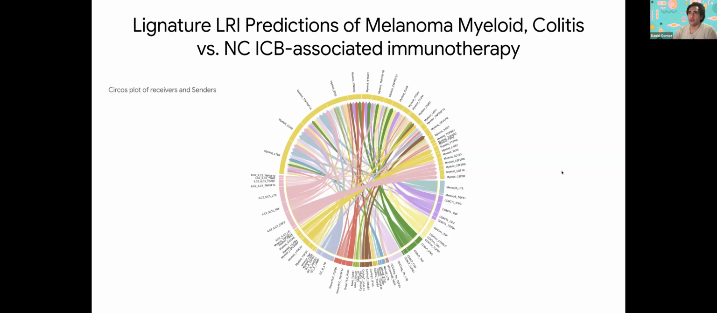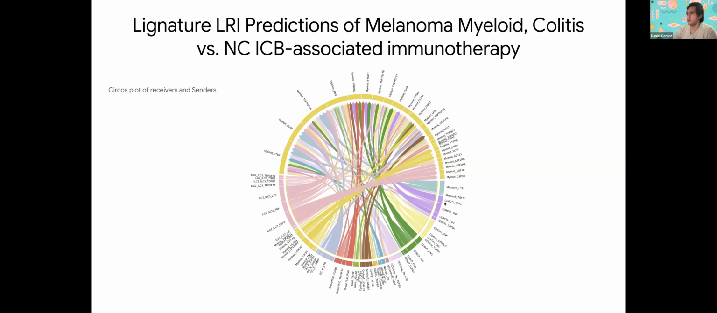So lastly, I wanted to show a Circos plot of receivers and sender cells with the LRIs. And we can see the different cell types as well as ligands and receptors. So the receivers are the ones with the arrowheads, and then the senders are with the blunt ends. And so we have myeloid cells in yellow, and then the memory Bs in this light blue, and purple we have CD8